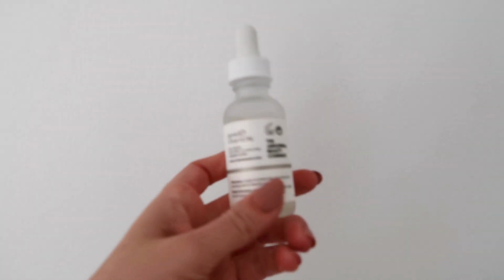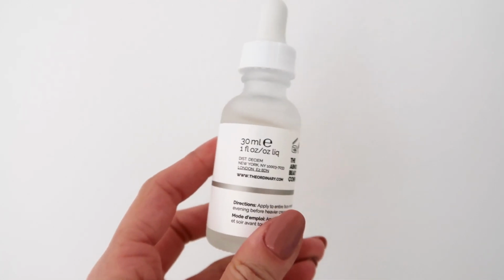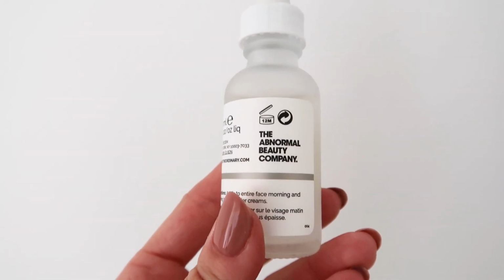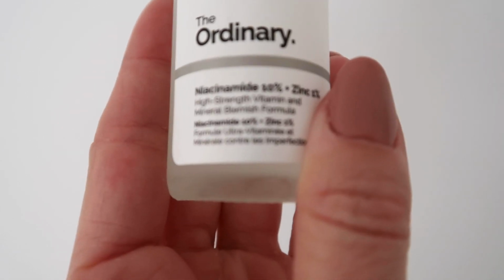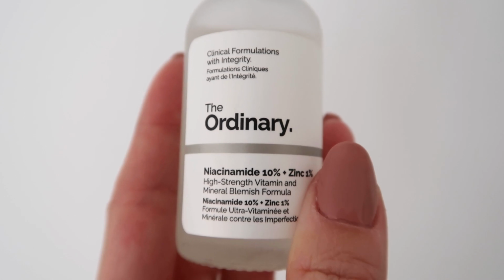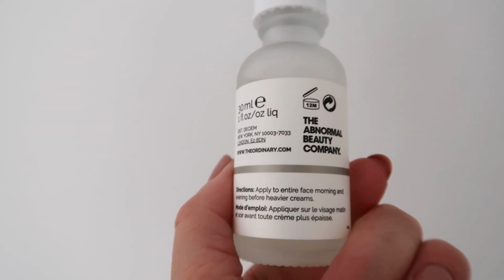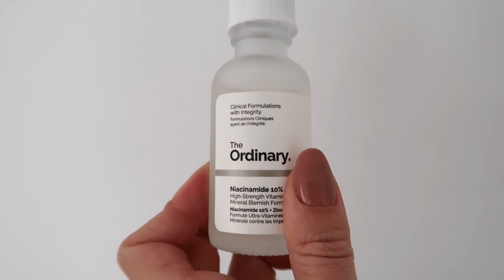I also sometimes use this serum from the Abnormal Beauty company. I like this company because it's very reasonably priced. As you can see, here are the ingredients. They're very transparent about what they put in their products. So I've used this one to help combat acne and dryness, and I have also used their hyaluronic acid, which I had,